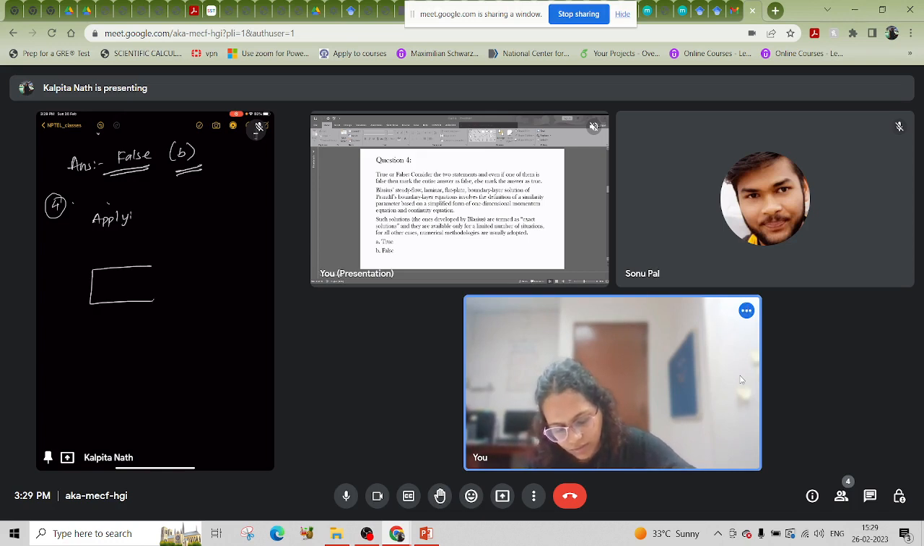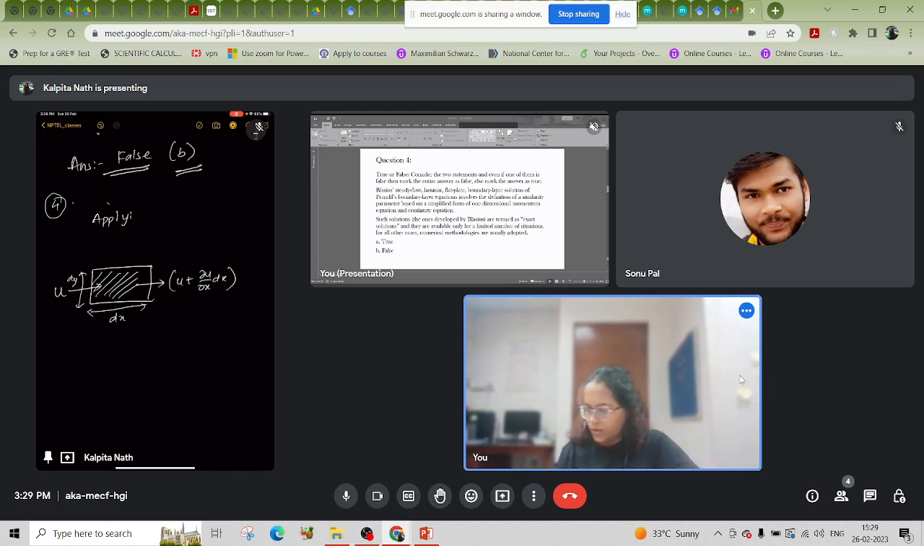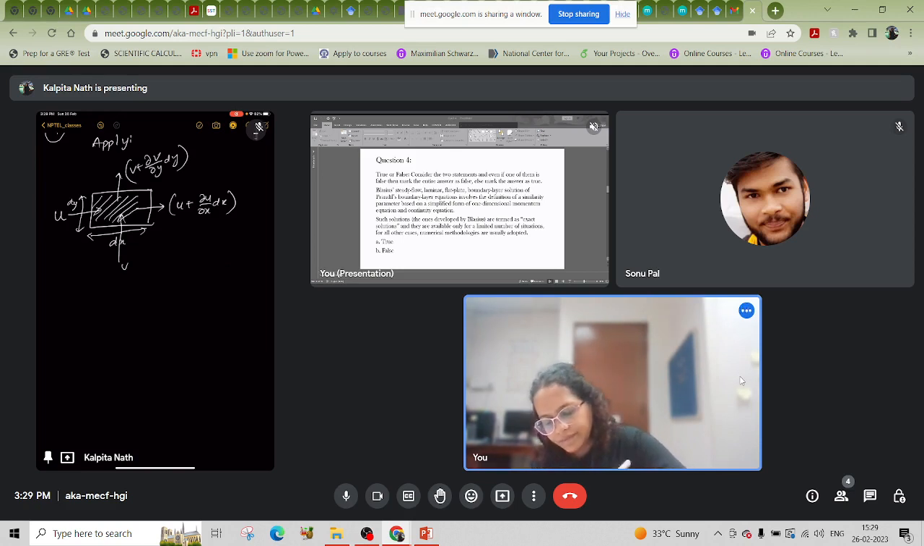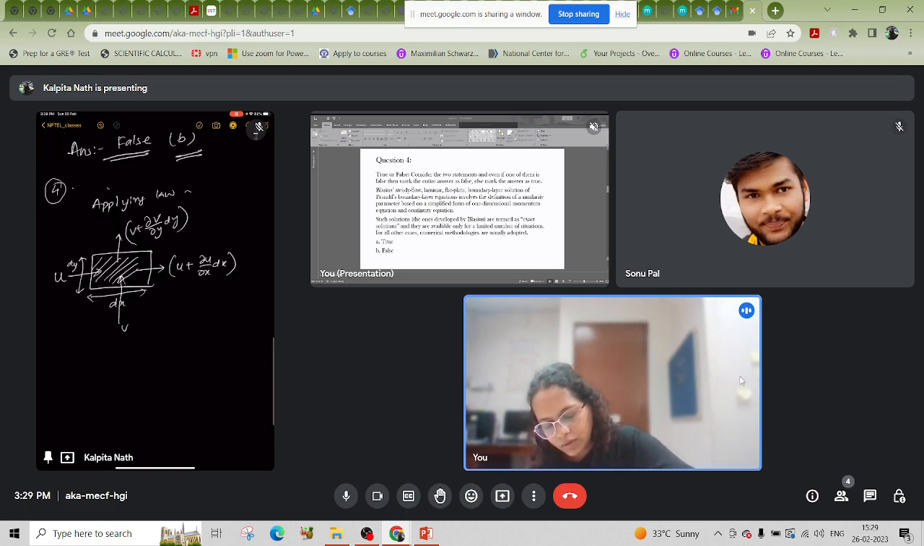So first, we take a body. Here, if this velocity is u, if this is dx and this is dy, this will be u plus del u del x dx because of this distance traveled. And if v is on this side, this will be v plus del v del y dy. Okay. So, applying the law of conservation of mass,